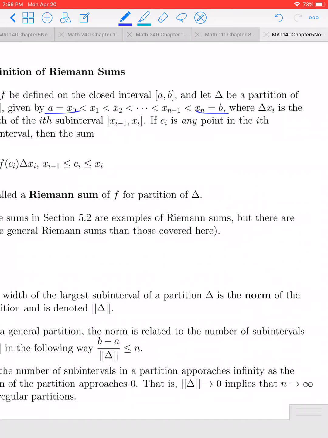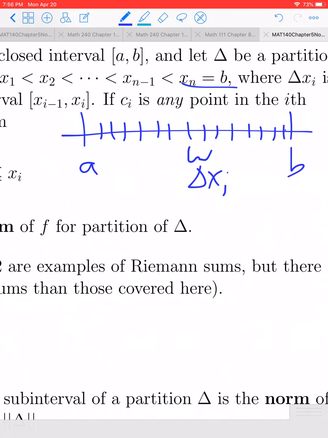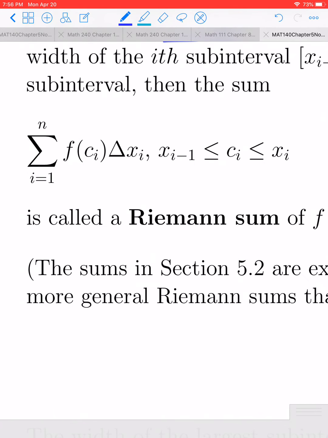Delta xi will represent the width of the ith subinterval. So we have our a, we have our b. This is the partition step where we're breaking this up into a bunch of subintervals. Delta xi represents the width of that ith subinterval. And then the next thing we're going to do is pick a selection point. So we partition, we select a ci, which is in that ith interval, and then we evaluate the function at